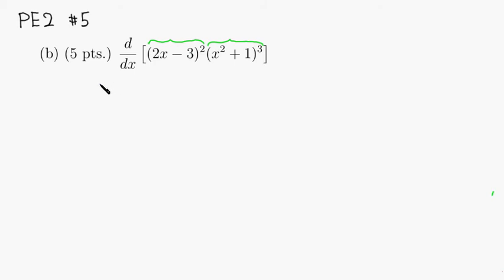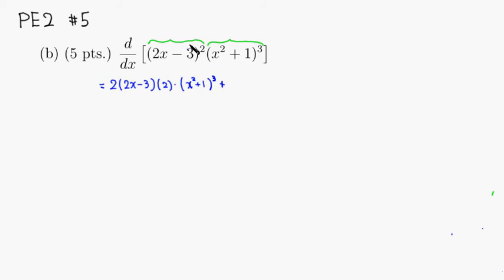So this is going to be equal to the derivative of the first guy: put 2 in front and keep the same inside function, 2x minus 3, and subtract 1 from the power, so it's going to be 1, so I'm not going to write that. Multiply by the derivative of the inside, which is 2. The derivative of 2x is 2, the derivative of negative 3 is 0. And multiply by the second guy, so I'm just going through the product rule. So x squared plus 1 cubed